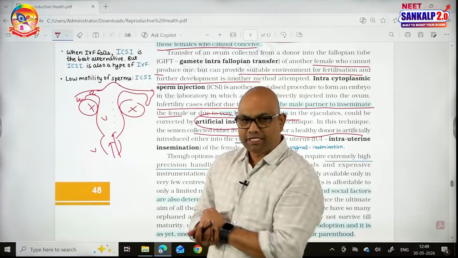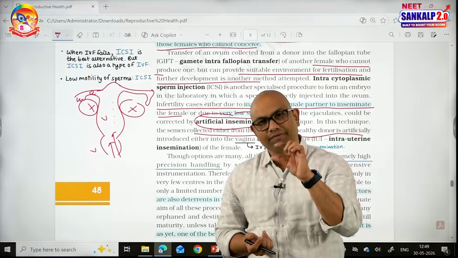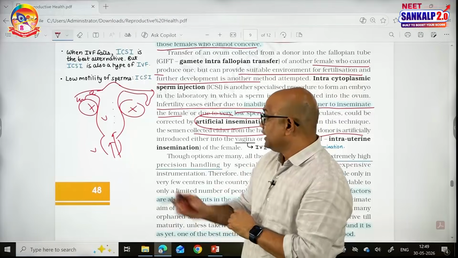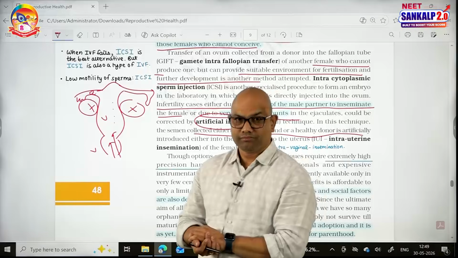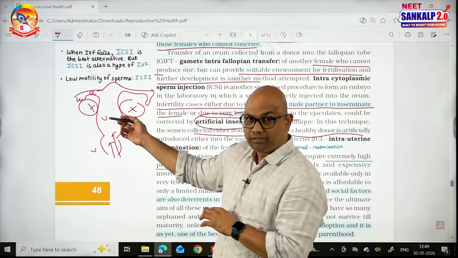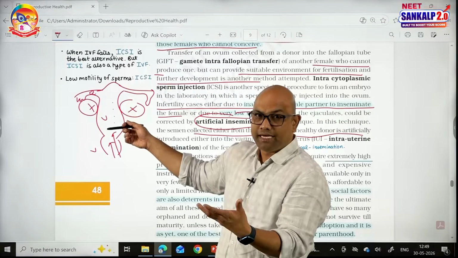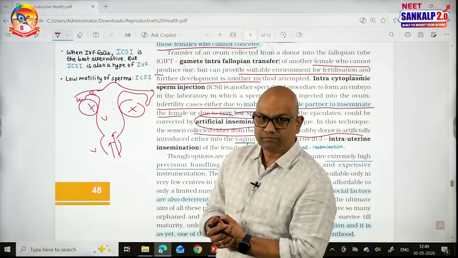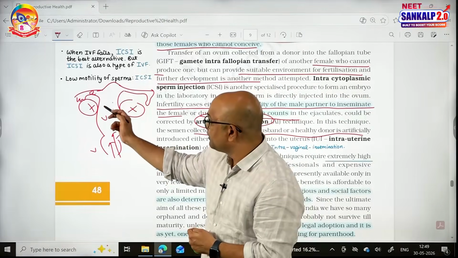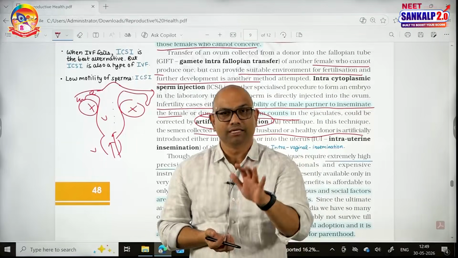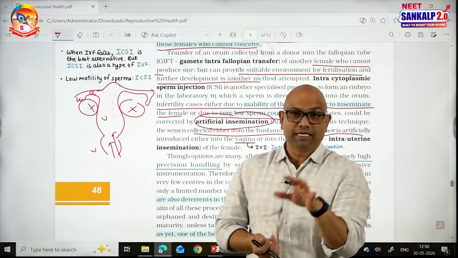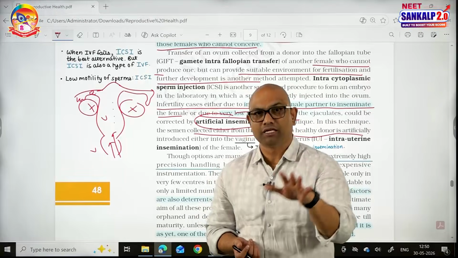Injection of semen into the vagina is called IVI, intravaginal insemination. Into the uterus is called IUI, intrauterine insemination. As the semen is injected here, because the male is unable to inseminate or has a low sperm count, it will go to the fallopian tube and, if that female produces ovum, the fertilization happens inside the body, that is called in vivo fertilization. That means in artificial insemination also the fertilization is in vivo.